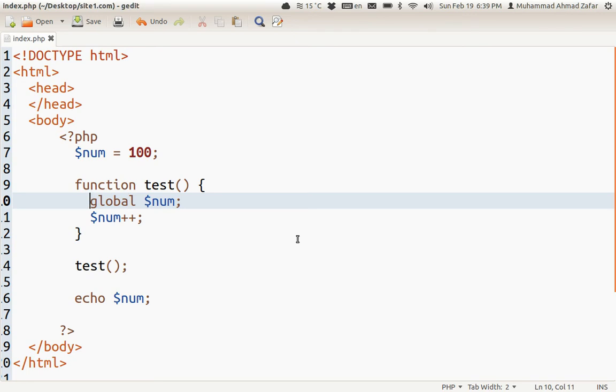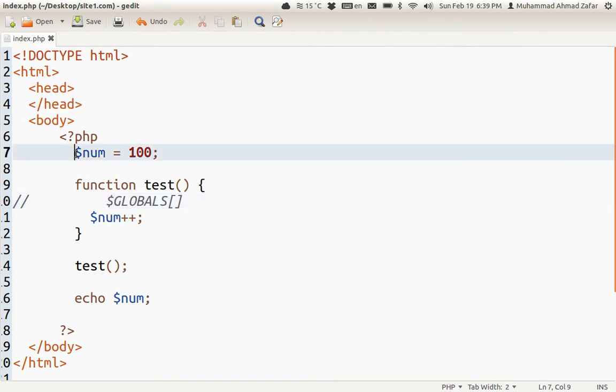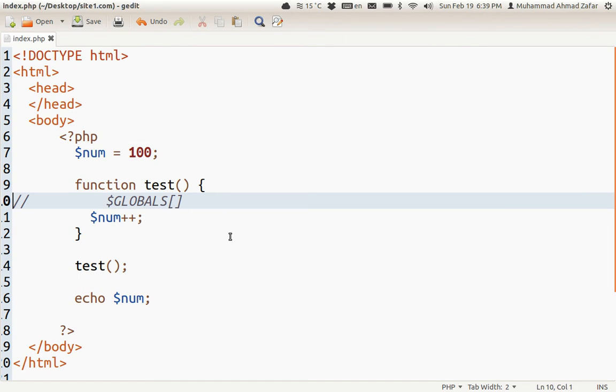There is another way, and that is to use the GLOBALS super array. So this is how this array is written, GLOBALS, and basically what this array is, I don't have to declare this array. This array exists, and it will automatically be filled by all the variables that were available to this script from a global perspective. So again, I don't have to declare it, it's just available to me,